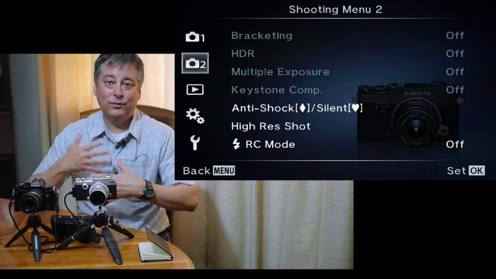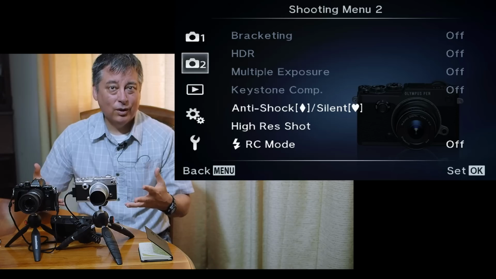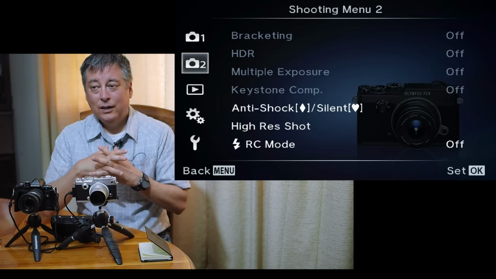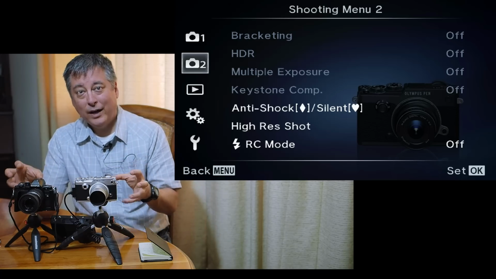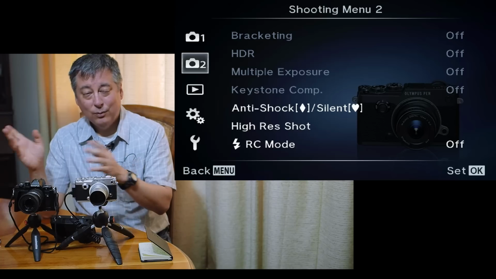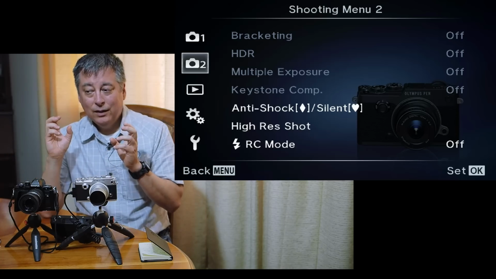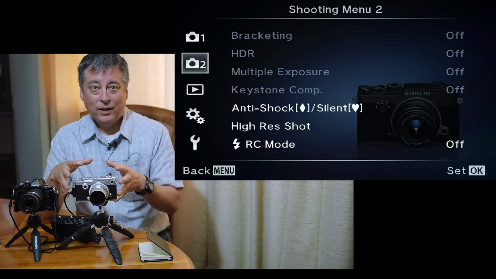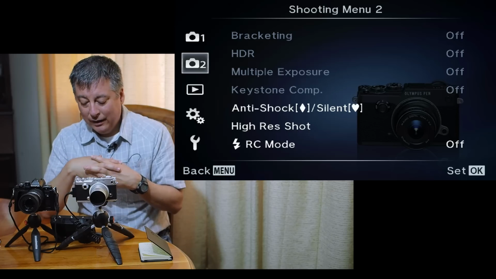And this is very handy, particularly in macro work or close-up photography. Both these cameras can do focus bracketing, not focus stacking, which the E-M1 Mark II does, but it will bracket the shot so that you can post-process these into a single image. However,